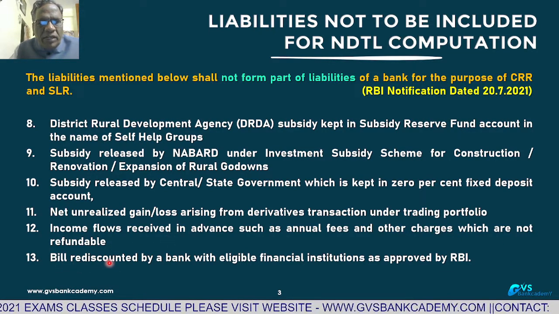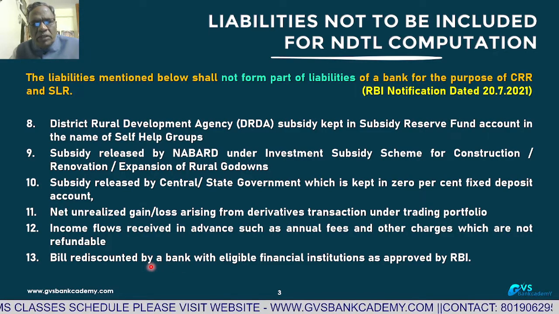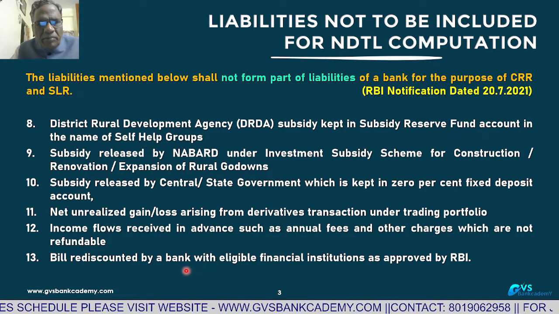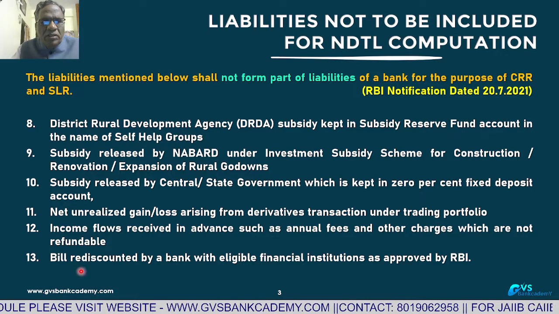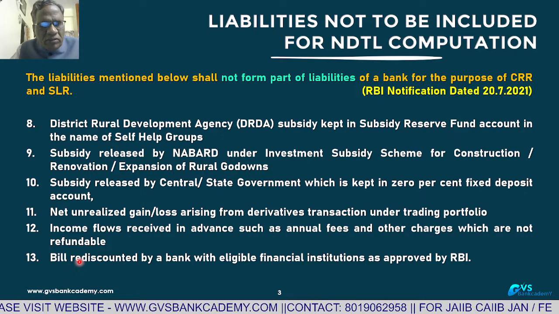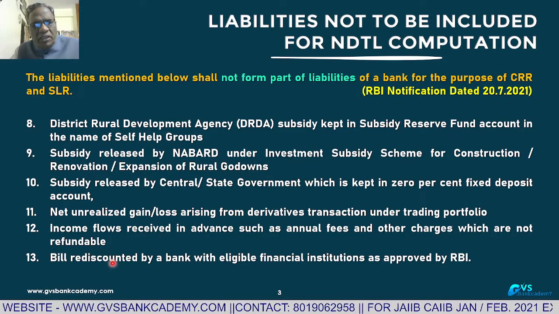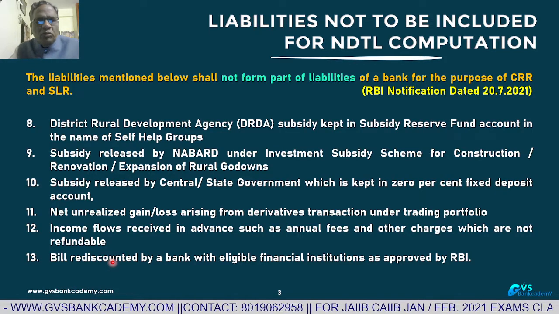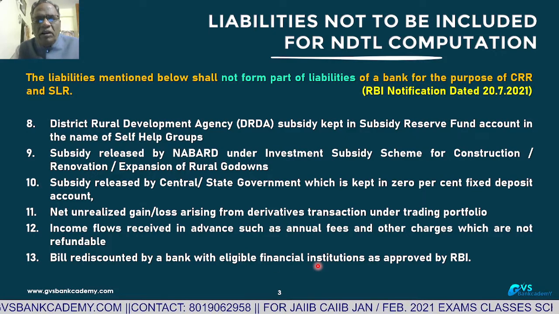Bills rediscounted by bank. So first bank is going to discount the bills under bills discounting facility of the customer. After that, sometimes the bank is having some liquidity issues. They can go for rediscount with RBI, bills rediscounting. Customer bills are going to be discounted by bank first. After that, if any liquidity issues are there, these discounted bills again they are going to rediscount with eligible financial institutions. Normally RBI,